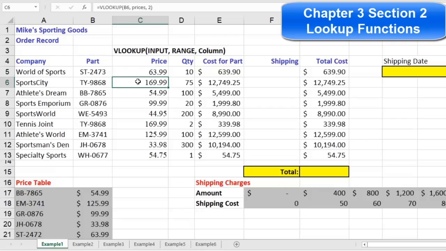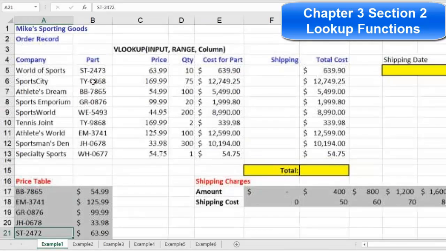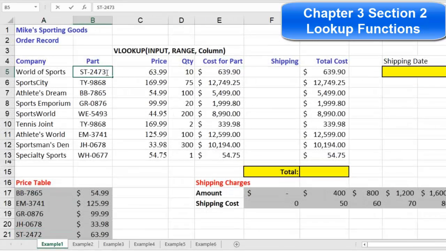But we have a few problems. Pretty easy to use from a straight off format. One problem I see is this part number, this 2473. It's actually different here, see it? So that should be 2. But it's weird that no matter what you put in here, if you put in 4, it gives me the same price. I don't really like that idea. Because why? Because